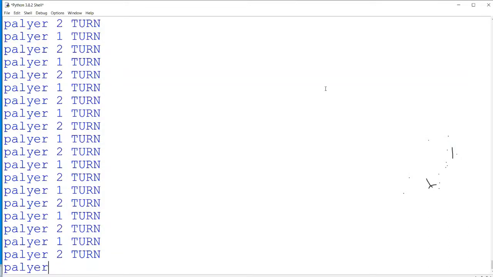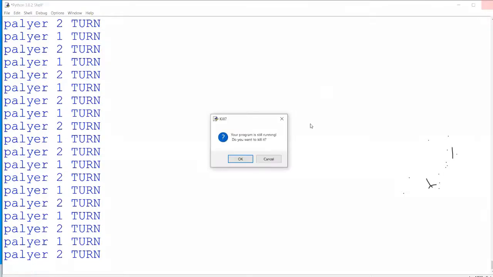How long will this game go? You can see the turns are happening properly, player 1, player 2.